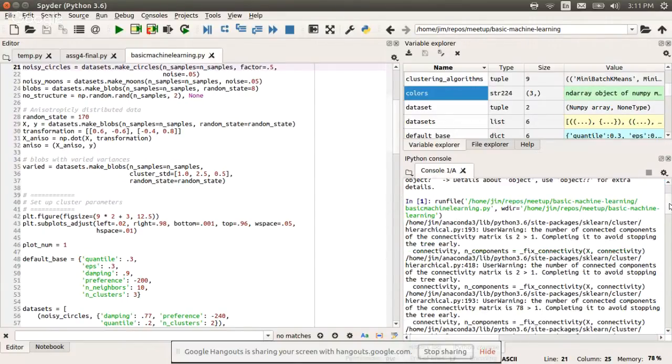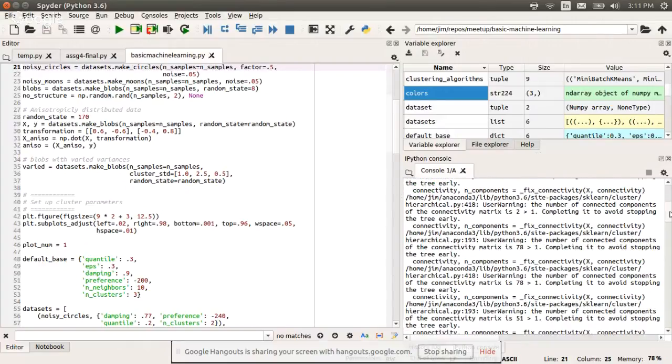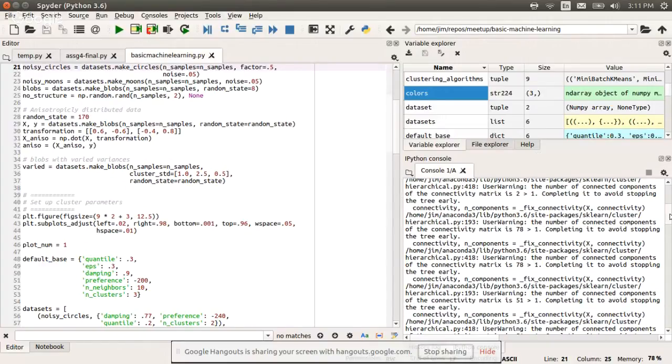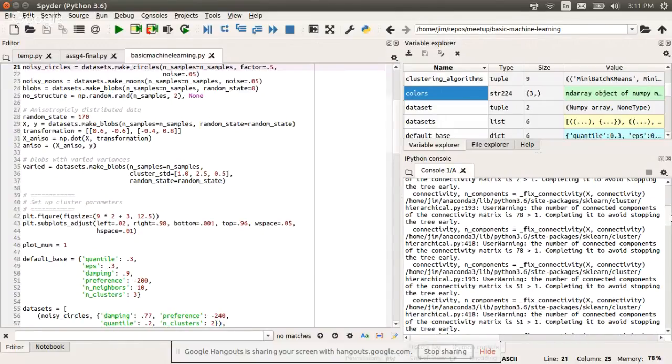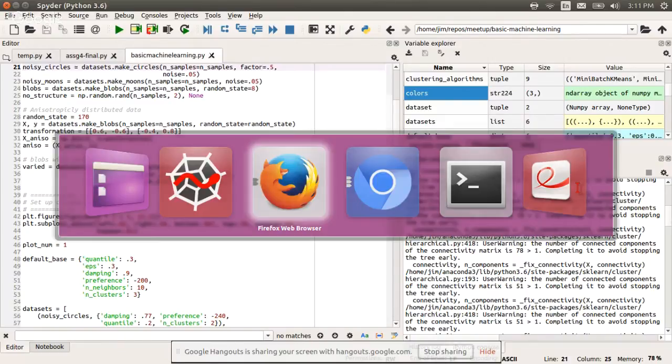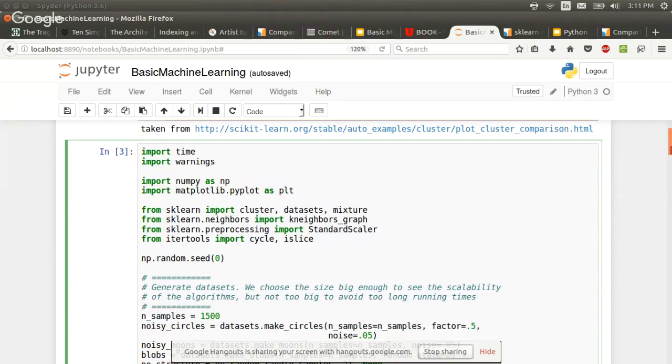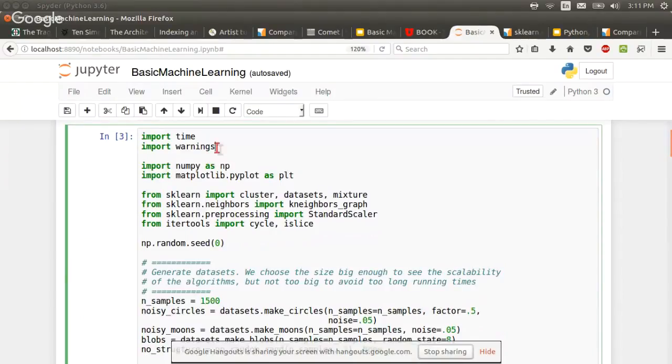And when you run it, you get all these warnings about, what is it? Your hierarchical.py doesn't like your number of connected components of your connectivity matrix. It's 78 instead of... who cares? I mean, does it run or not, right? Like if it's a warning, probably to our detriment, we tend to ignore warnings. And so there's a way to turn that off, and that's why you're not seeing it over here on the notebook. So we import this library called warnings.